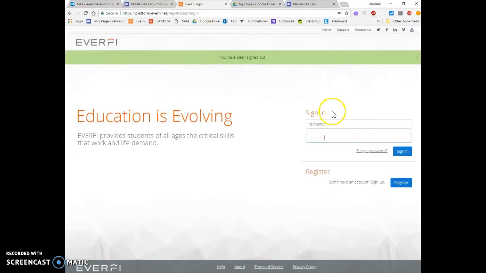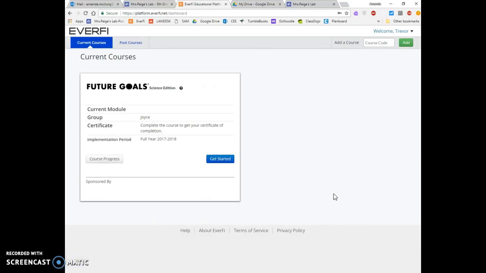You're going to click on the link and you're going to sign in with your username and password just like you log into the computer. I've already got it set where it will pull up to what we need. So I'm just going to sign in. If it doesn't work like it did for me, just make sure you retype it and try again. And when you do get logged in, I'm logged in as Trevor, just as an example, you're going to see